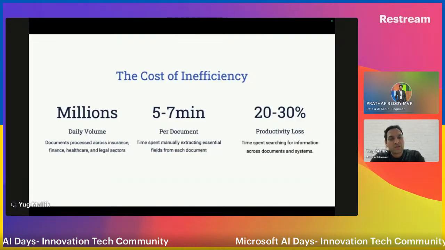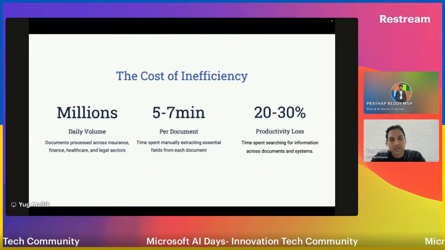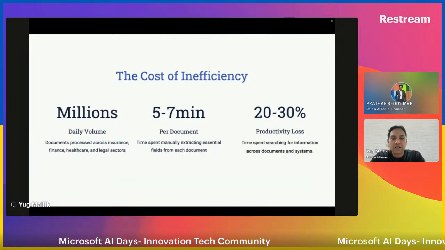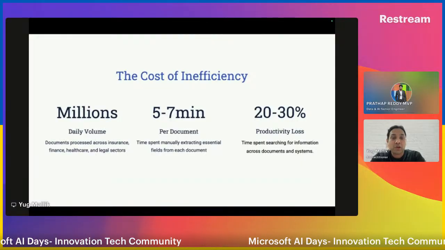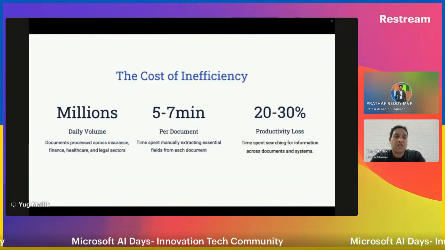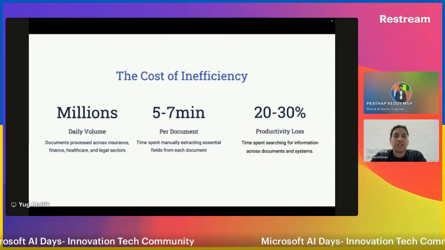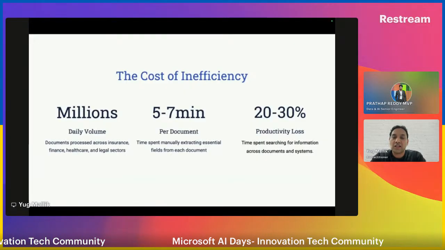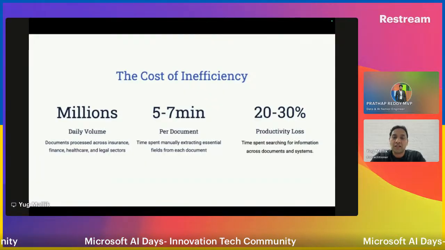Anyone who is working in this industry or process, this is the average handling time of processing those documents, and that amounts to 20 to 30% of productivity loss, which is really huge in today's context, right?